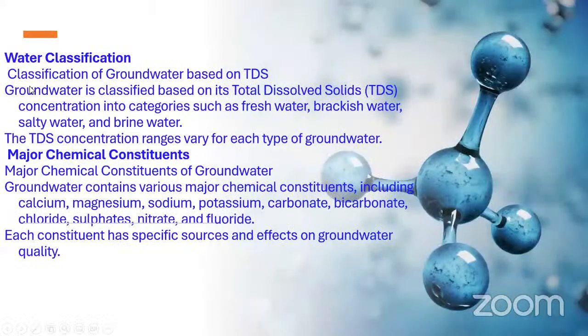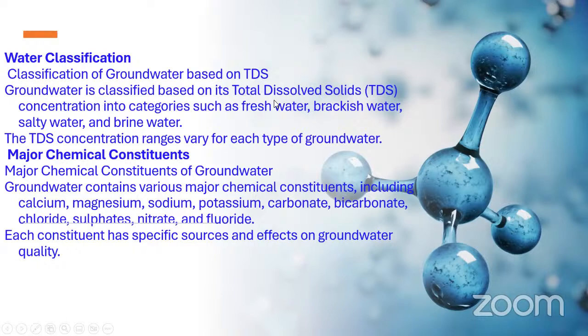Next, what is the water classification again? And what are the major chemical constituents of the groundwater chemical composition? Now you can see here, this is the water molecule and this is the bonding of H2O. And when we discuss the classification of groundwater based on total dissolved solids, and groundwater